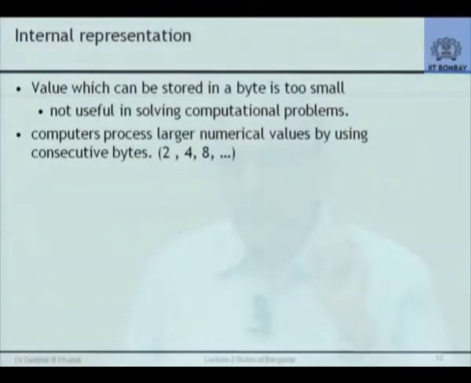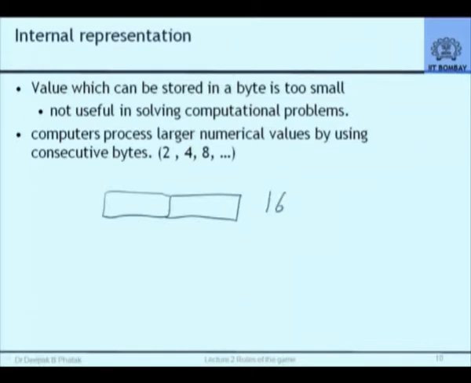Okay. So we were discussing this, that 1 byte is too small a unit. So what the machine is capable of doing is combining bytes like this. And the electronic circuitry has been designed to treat 2 consecutive bytes taken together as if it was 1 unit of information. Suddenly you get more number of bits available. How many bits will you get with 2 bytes? 16 bits. How many will you get with 4 bytes?